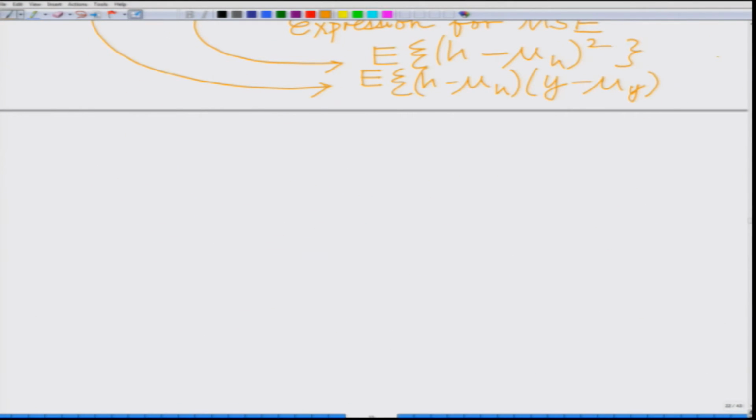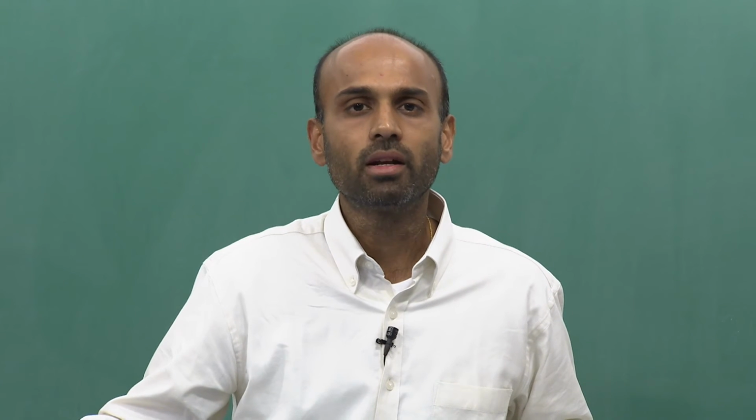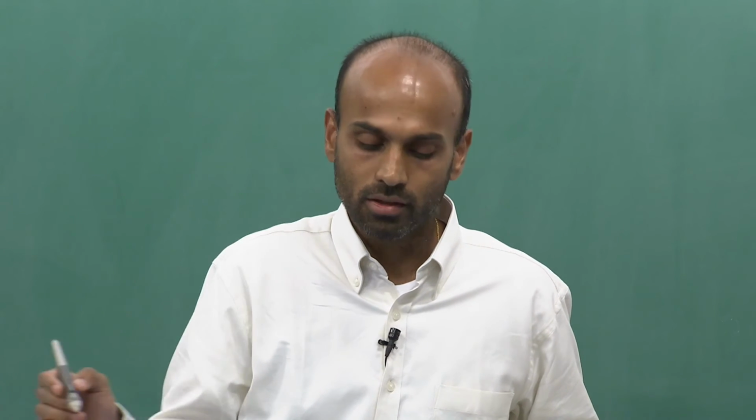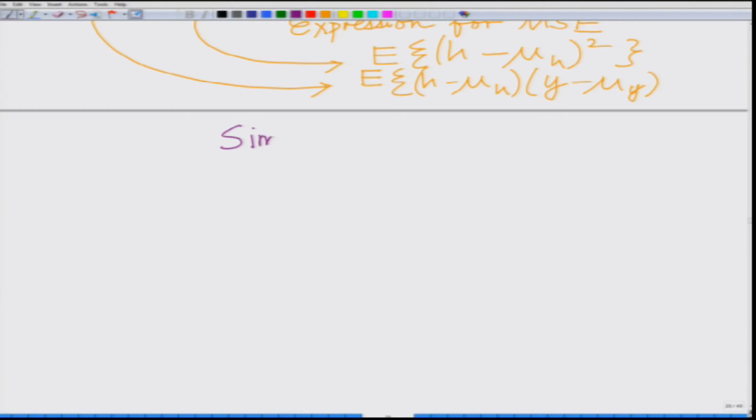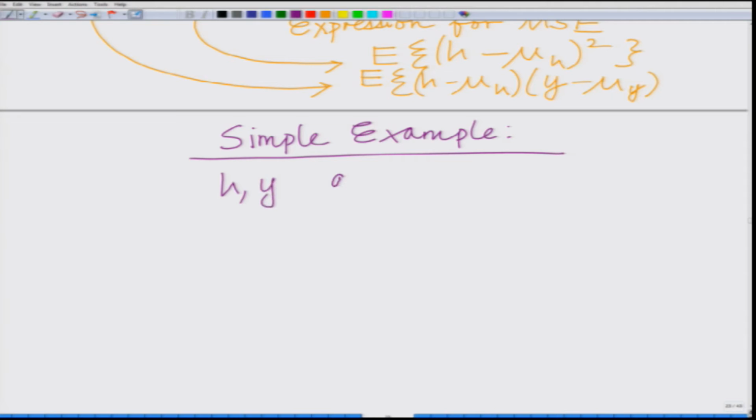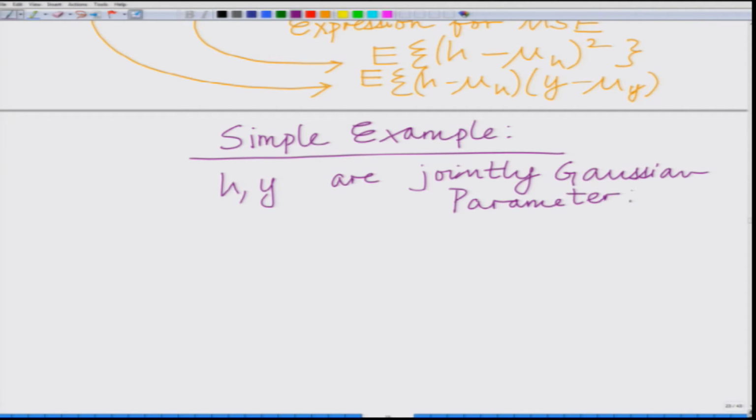Let us do a simple example to understand this MMSE estimation process better. We have two jointly Gaussian parameters, let us say h comma y, these are jointly Gaussian parameters with